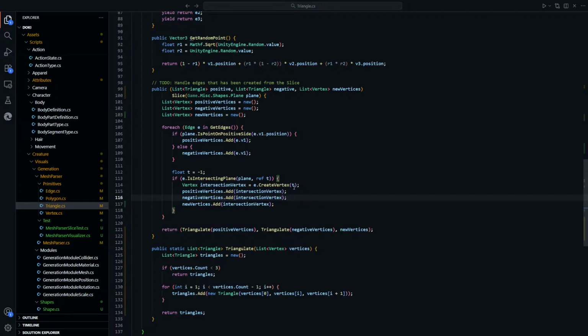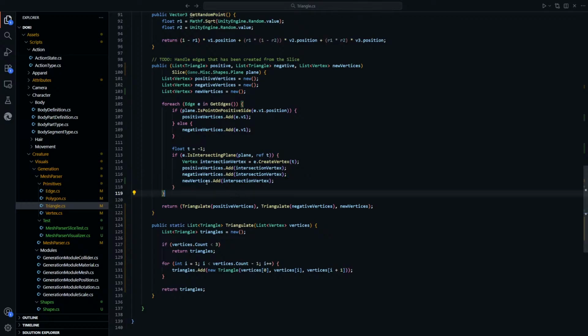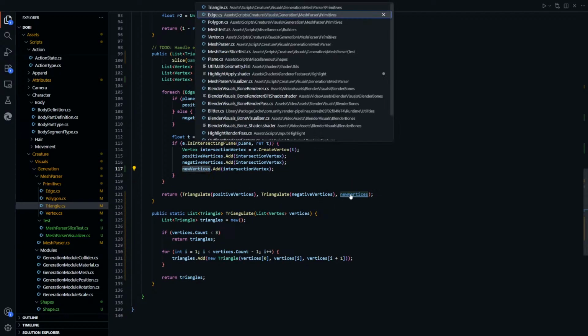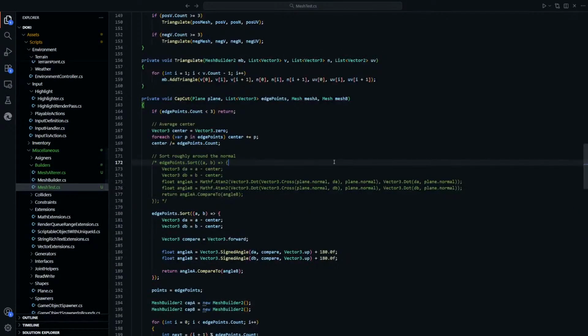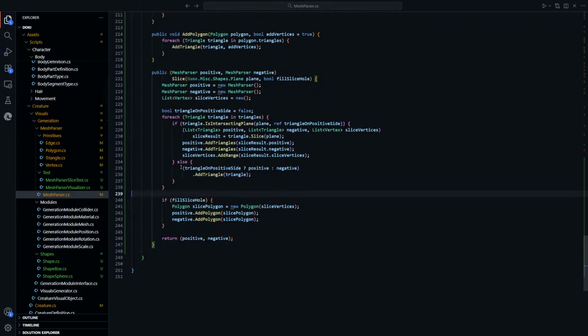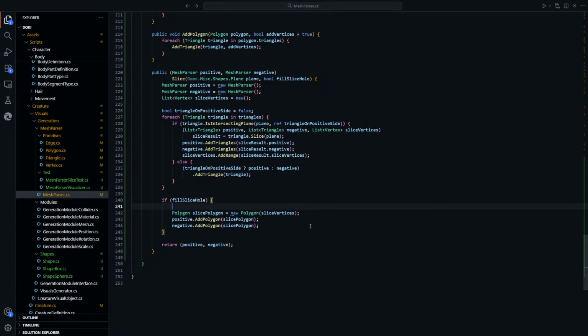Okay, when we create new vertices here, for these slice vertices, we want to do